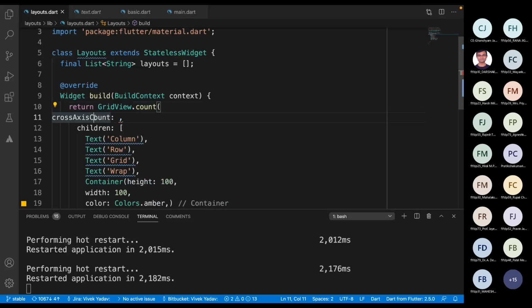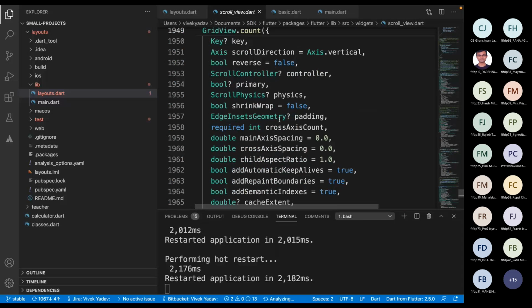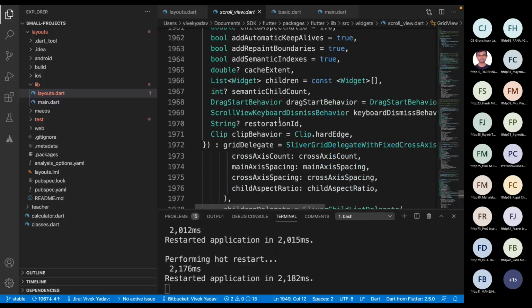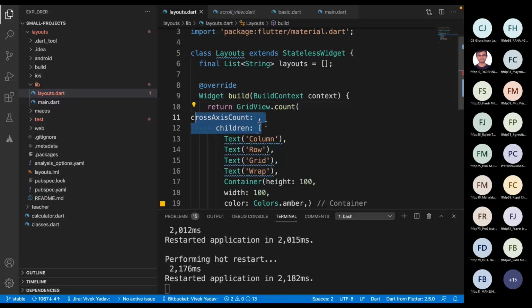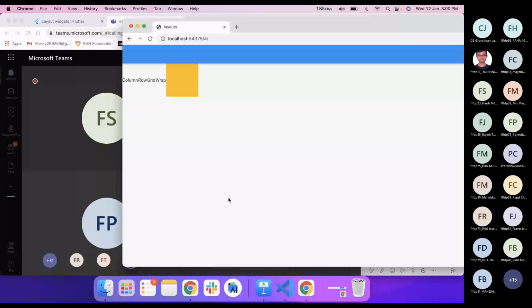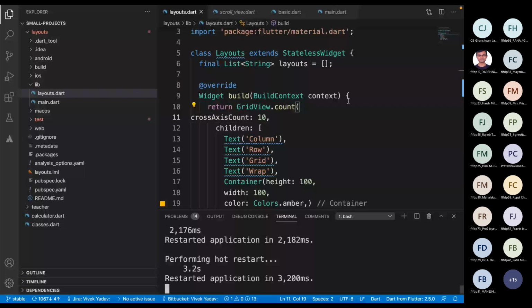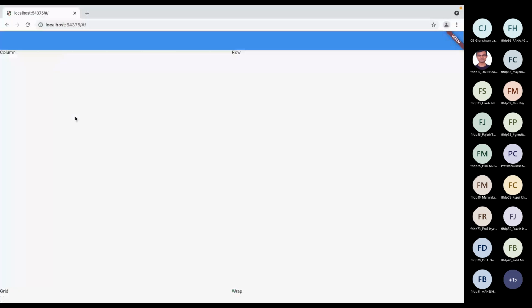Okay. And what does cross axis count need? For that, I will go into count and see cross axis count. Okay, it needs this one. I guess it is a number. If I reload it, it should be something. Okay, it is on 10, it will not work. On 2, it should work. Okay, can you see that it is formed inside a table-like view?